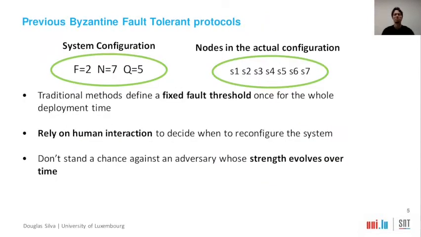Previous Byzantine fault-tolerant protocols used to have a fixed fault threshold chosen once, at design time, and it stays the same for the whole deployment time. Some of the previous methods also rely on human interaction to decide when to reconfigure the system or if they maintain the same configuration, and all of them don't stand a chance against an adversary whose strength evolves